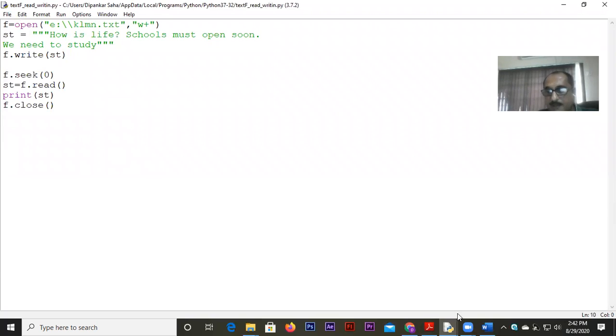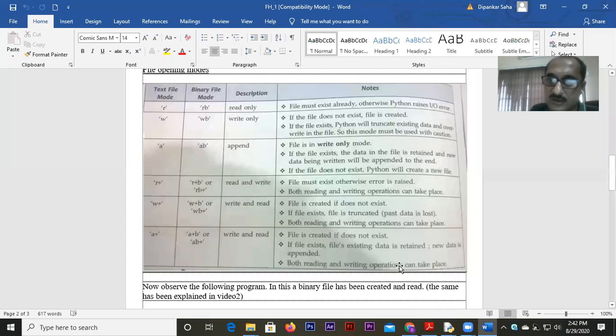Fine. If you remember, at the very beginning when I taught file handling, I gave you these notes. In fact, this diagram that you see, I clicked from your textbook only because I thought it's given nicely, and it's better to read from here. Although at that time we did not know whether CSV file would be in the syllabus or not. As per the old syllabus, CSV file was not there, so they have not covered any CSV file. They have covered text file and binary file. But look at this, CSV file will be the same as text file only.